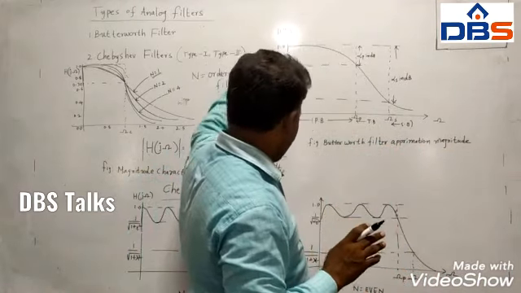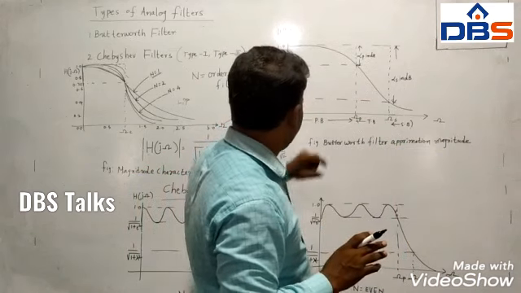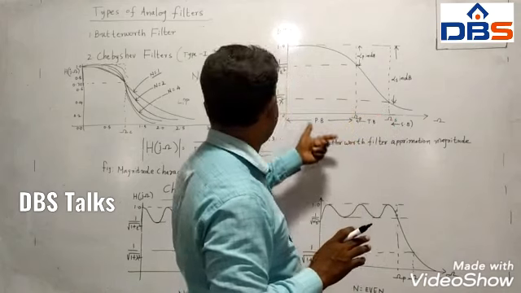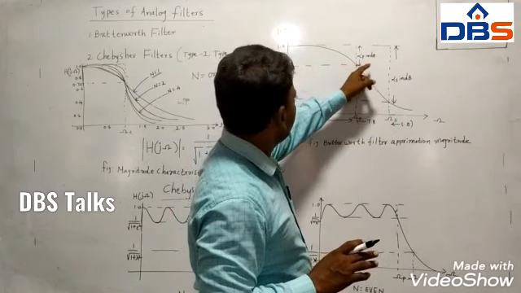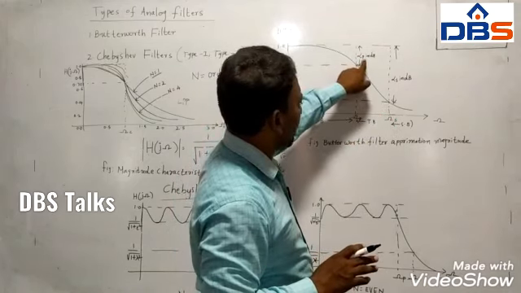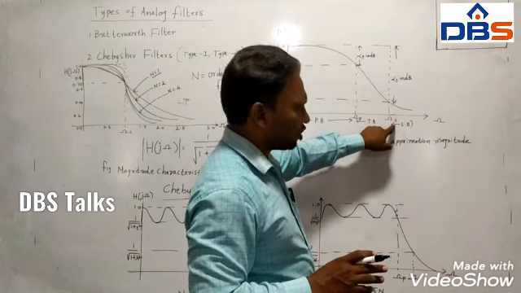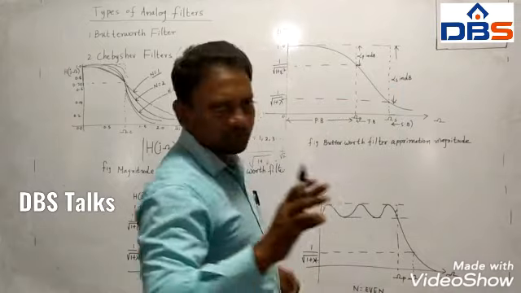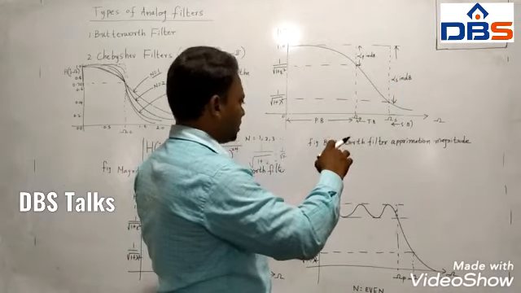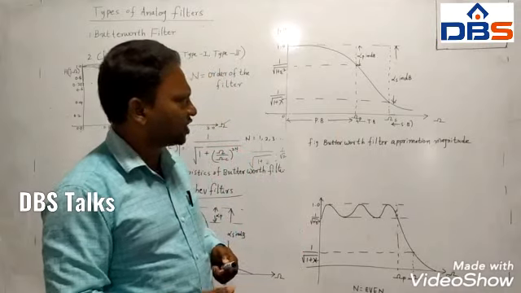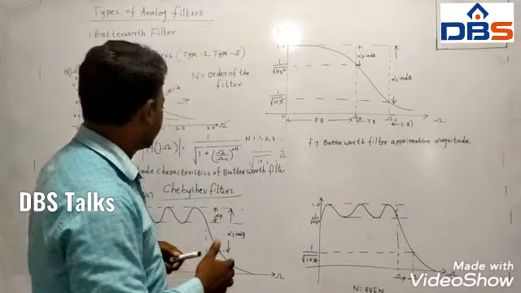Okay. So after identifying this, what is omega p, what is omega s, what is the cutoff frequency, these things will be given to you. Alpha p, the passband attenuation, the stopband attenuation, the stopband edge frequency and the passband edge frequency will be given. We have to calculate the analog filter transfer function. After calculating it, we can transform it into the digital domain.